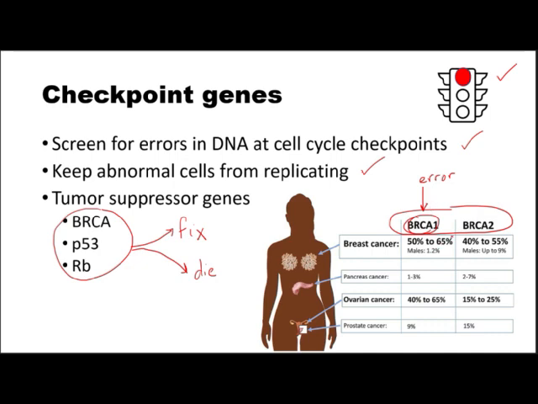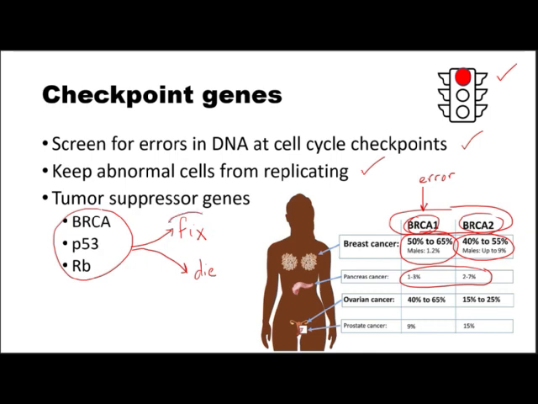And so look at some of these instances. If you have one bad version of this error screening protein, that's really common. Half or more of breast cancer cells have an error to that gene. It has a cousin BRCA2 that also is really common in a variety of cancers. Not all cancers. So it seems like pancreatic cancer, the instances here are not super high. So it's not involved in every single cancer.